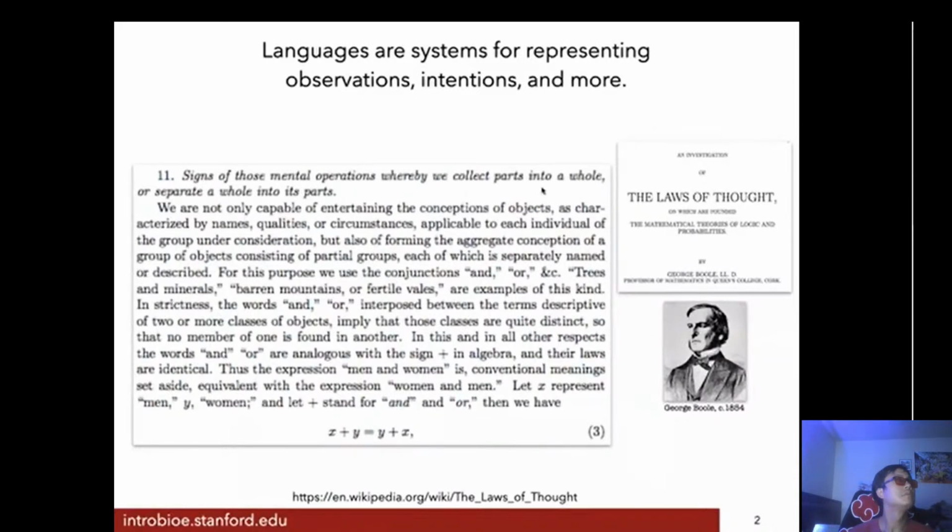Okay, that's pretty abstract. Let's see, okay, good examples. For this purpose, we use the conjunctions and, or, etc. For example, trees and minerals, barren mountains or fertile vales are examples of this kind.